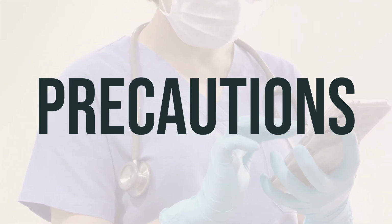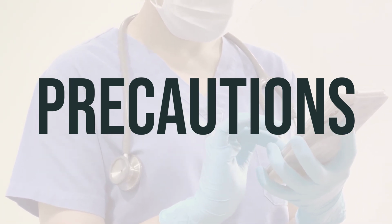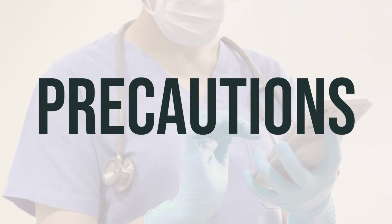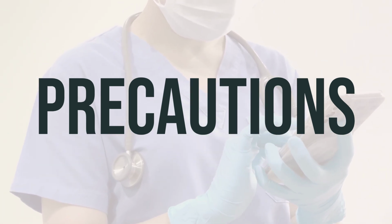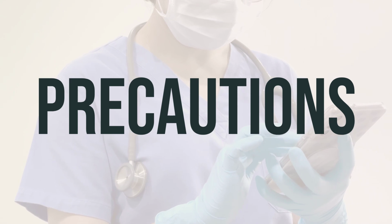If you are planning to have surgery or will be immobilized for a long period of time, it's important to discuss this with your doctor as it may affect your use of this medication. It's also important to inform your doctor of any medications, including herbal products, that you are currently using, as they may interact with this medication. This medication may cause an increase in potassium levels, so it's important to consult your doctor before using potassium supplements